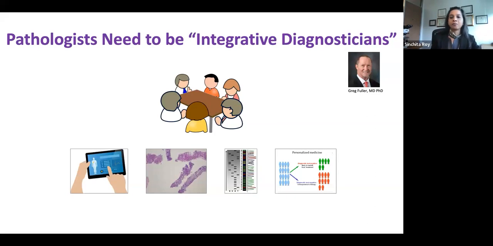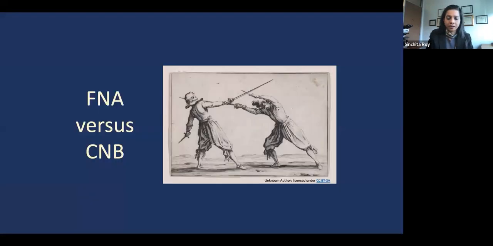So you take all of that information, you put it together with the pathology that only we are privy to. We look at it under our microscope, we know what it looks like. And then we have access to the molecular information. So even if you are not a molecular pathologist and you're not actually reviewing the sequencing, you have access to the results. So being able to put together all of these different components and integrate it into a diagnosis and a management plan of how that patient's going to be treated, that I think lies at the core of what we do in the current day and age in pathology.